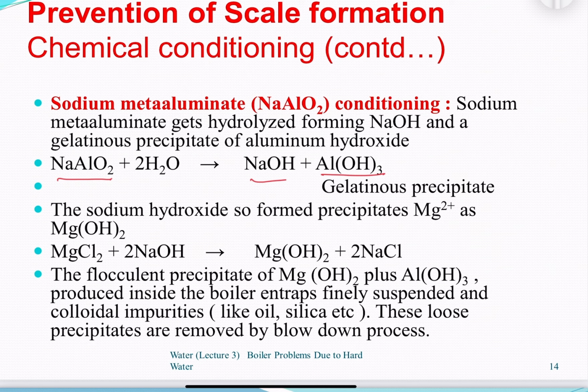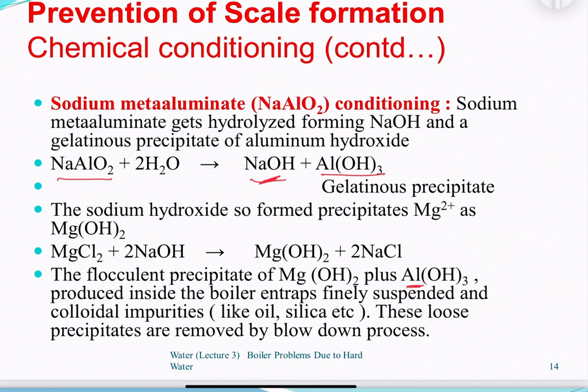It will remain in a gelatinous form, and whatever salts are present in water, like magnesium chloride, will react with this NaOH and form magnesium hydroxide. Now since aluminium hydroxide is mucilaginous or gelatinous, it will encircle magnesium hydroxide and stop it from forming a scale, and it will remain in the form of sludge as a loose precipitate, and it can be removed by blowdown operation. So these are the 4 conditioning methods which are used to prevent the formation of scales